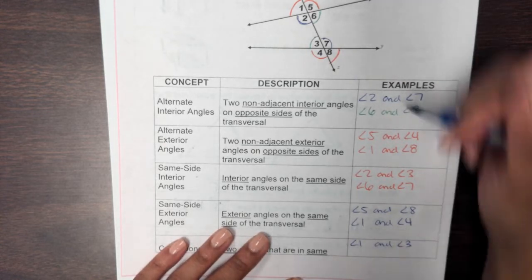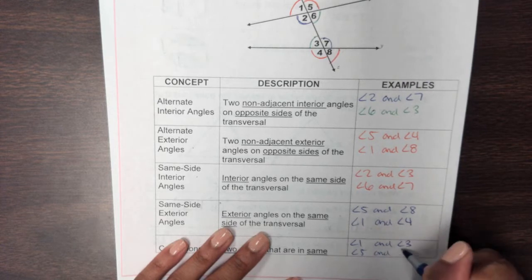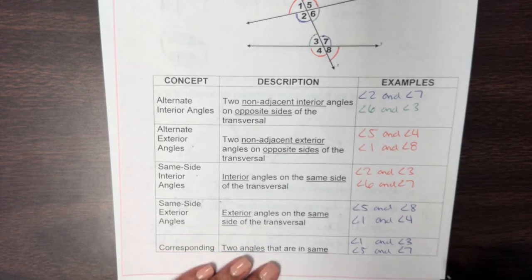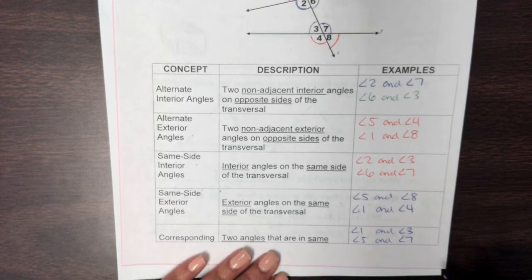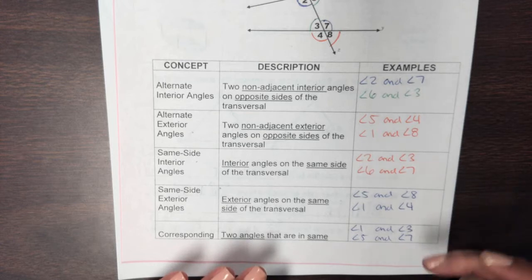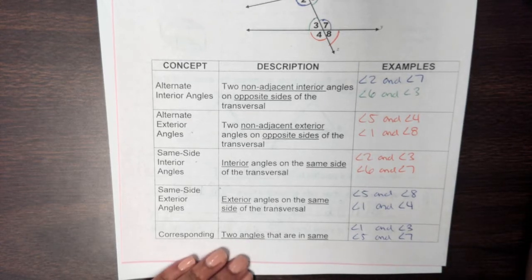Okay, and then we also have 5 and 7. So angle 5 and angle 7. And there's also more in there, but I'm just giving you 2 examples that might help. So those are your different angles that can form from a transversal line intersecting other lines. So if you flip over to your back page,